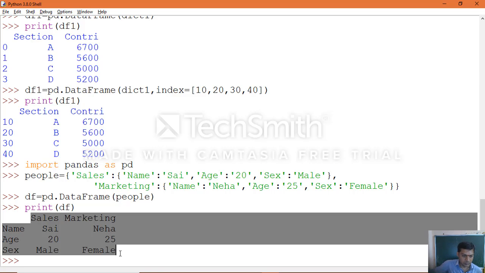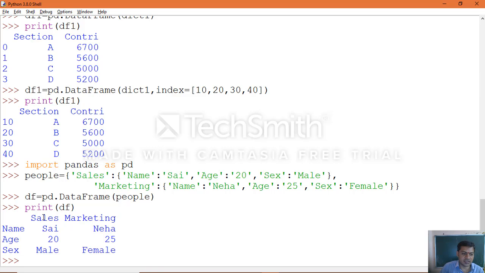Okay, you can see the data. Actually, in the textbook it was specified that these columns will be displayed in sorted order, but we didn't get that sorted order. As it is, whichever key we represented first is taken first, as you can see. So that is how you can pass a dictionary as an object. The dictionary has dictionaries as objects.